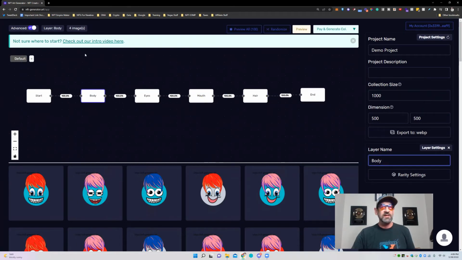You can click on these and it will adjust up the side. You can see right here at the top, it says body 4 images, eyes 4 images, mouth 3 images, hair 3 images. Now, what you can do is if I, for instance, wanted these bodies to be male and female,